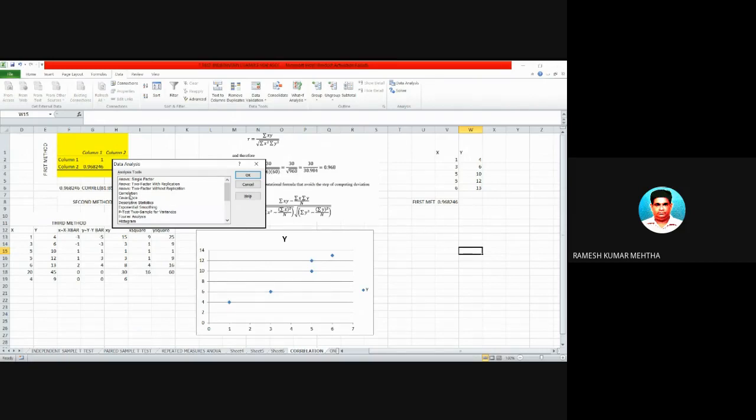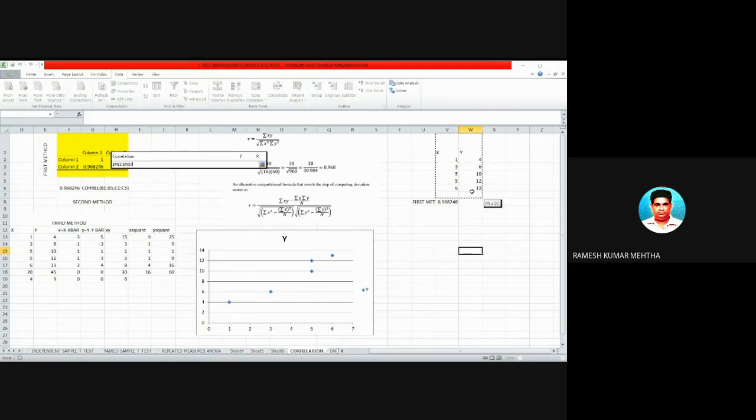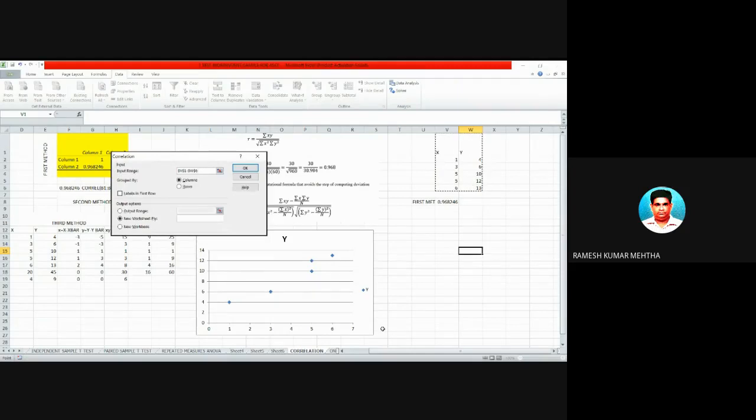But today we are going to talk about correlation. So click on correlation and just press OK. It is asking you for the range on which you want to perform your correlation. The range is nothing but the data set. So you select X and Y data. If you have carefully observed, I have selected even the labels X and Y also. You can either skip or include them, it doesn't make any difference. But remember that if you have selected labels, then you have to tick the labels option. If you have not selected labels, then you are not going to tick it.